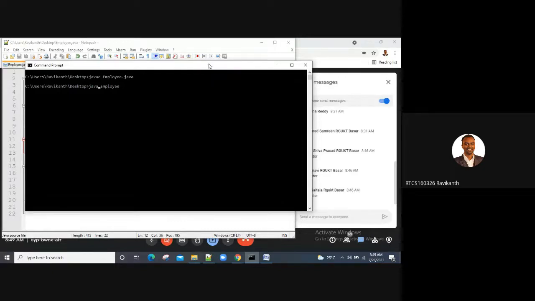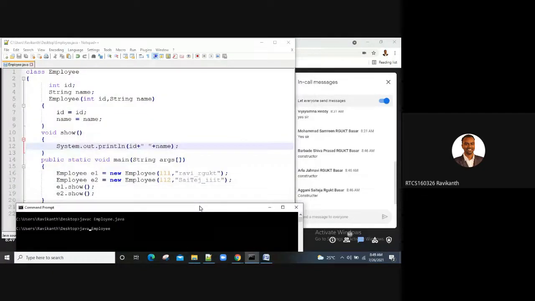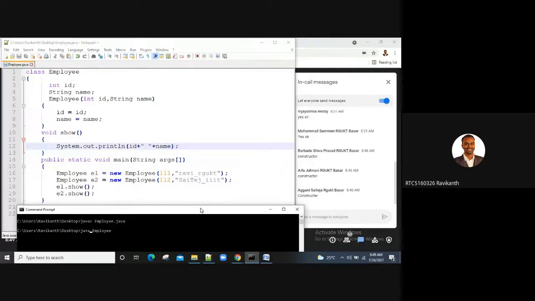So do you expect triple one Ravi underscore RGKT and triple one two Saitej underscore RGKT as output, or do you expect some default values?